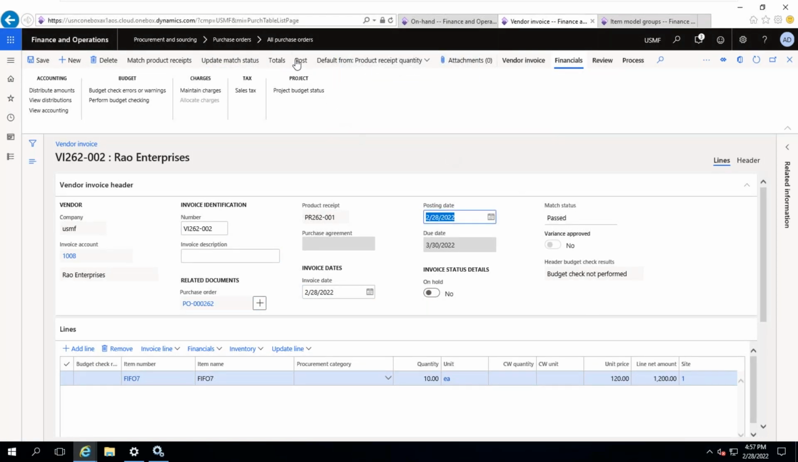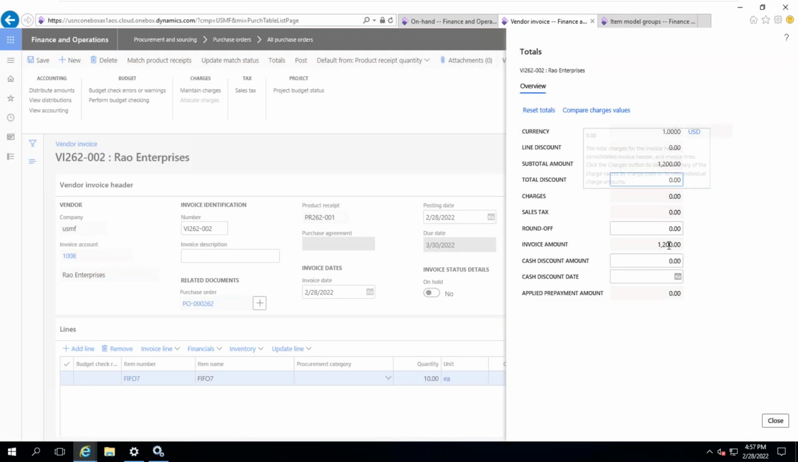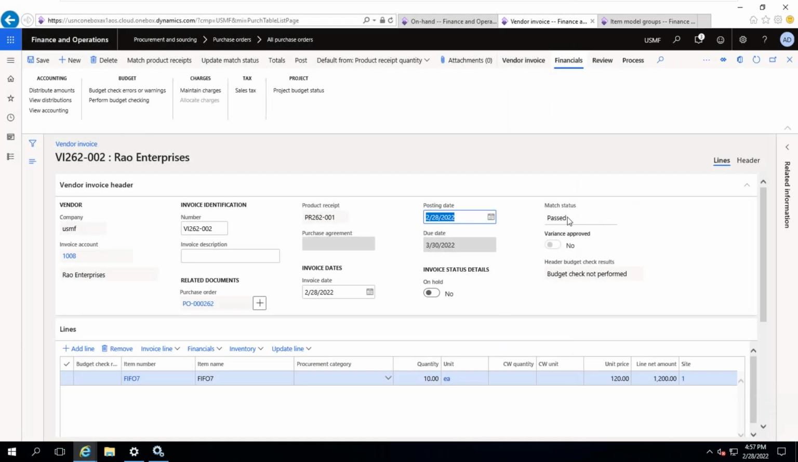So before going to post, business people will click on totals and validate the amount received, whether the invoice copy is tallying with this one or not. If there are differences, you are going to learn in the next session how to handle any discrepancies. Now the received copy and invoice copy are the same, there is no issue,